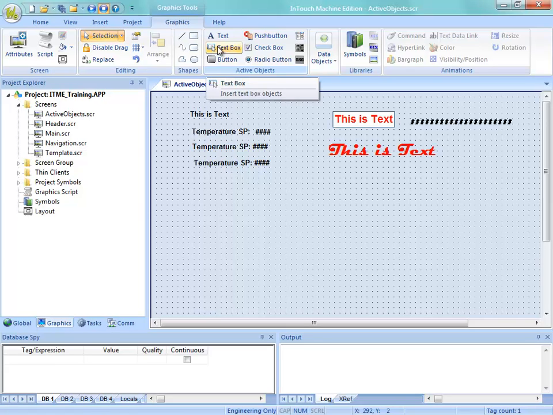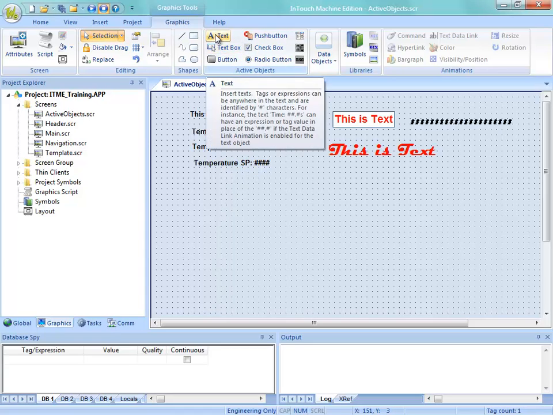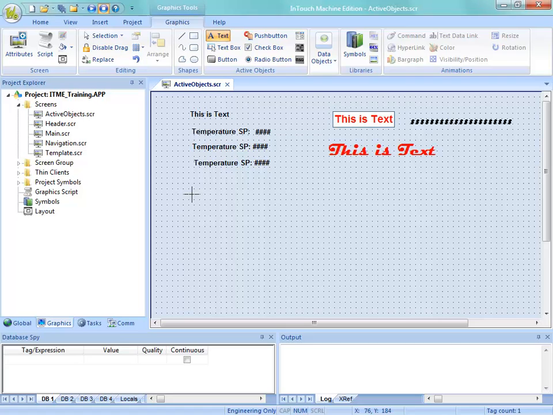text box object. Now this text box object is kind of what you might be familiar with if you've ever seen a form that you've had to fill out on a website for maybe name and address and phone number. Maybe you're purchasing something. It's meant to be similar to that. So let's kind of combine this with a text object. So here I could say temperature,